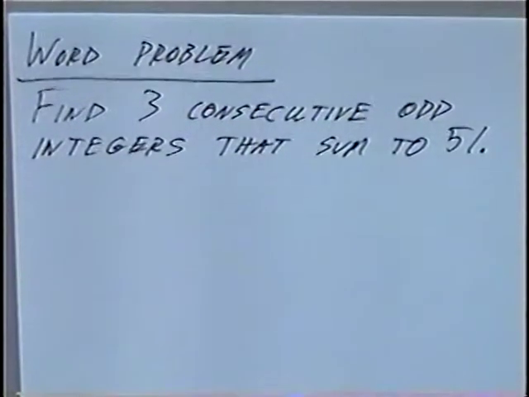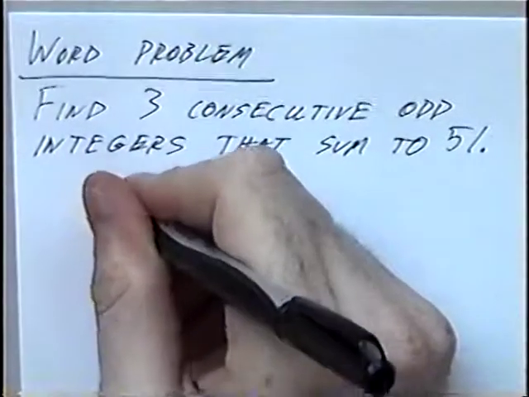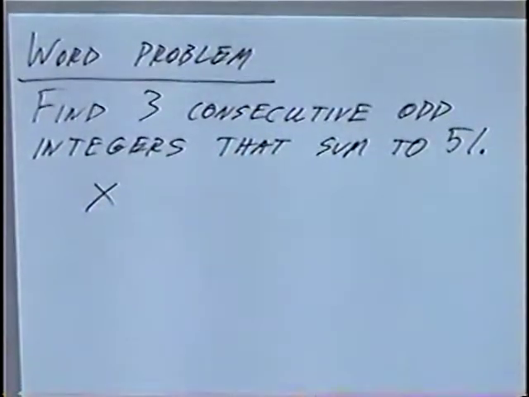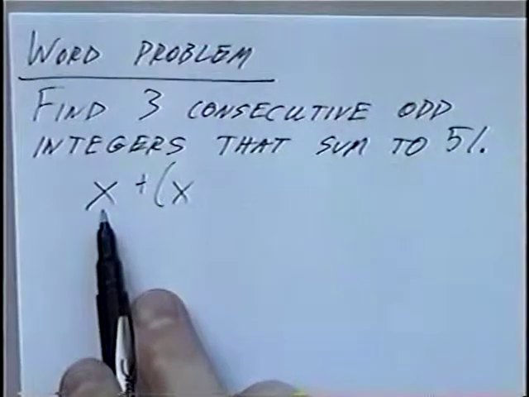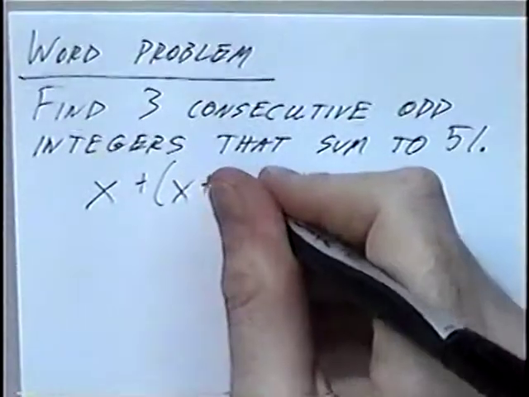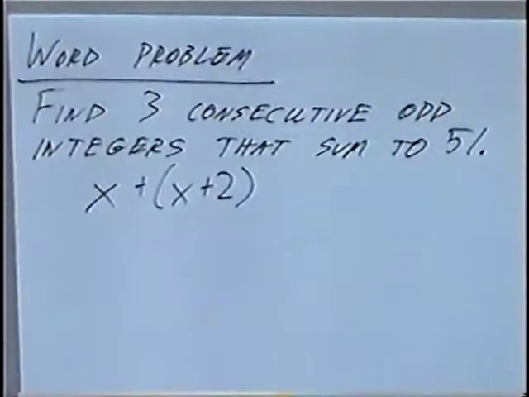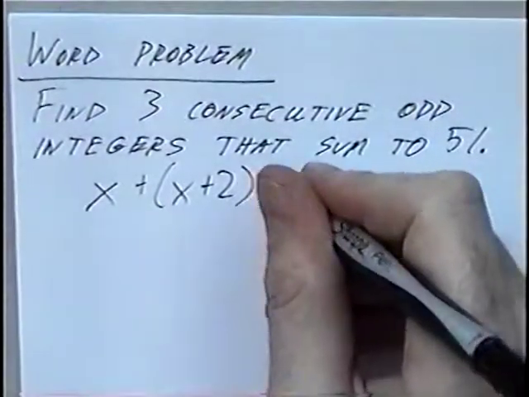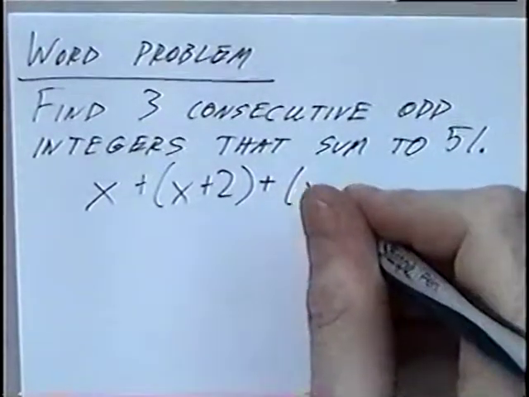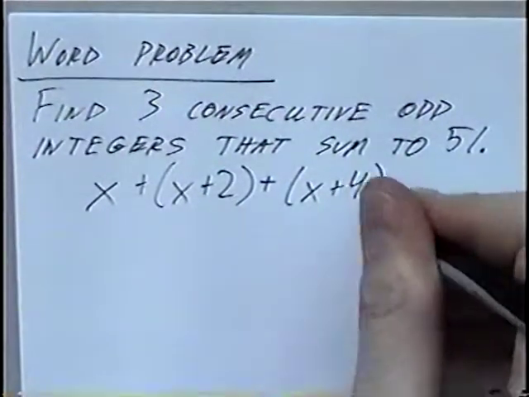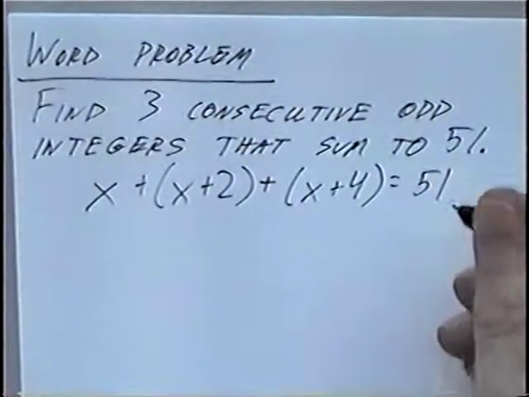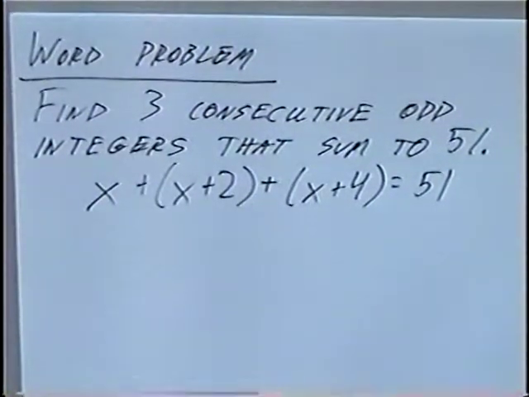Find 3 consecutive odd integers that sum to 51. Again, if we let x be the first odd integer, we can add to that the next odd integer. If x is an odd integer, the next odd integer after that is 2 numbers bigger, or x plus 2. And the third consecutive odd integer in terms of x would be x plus 4. Equals 51. Solving from here,